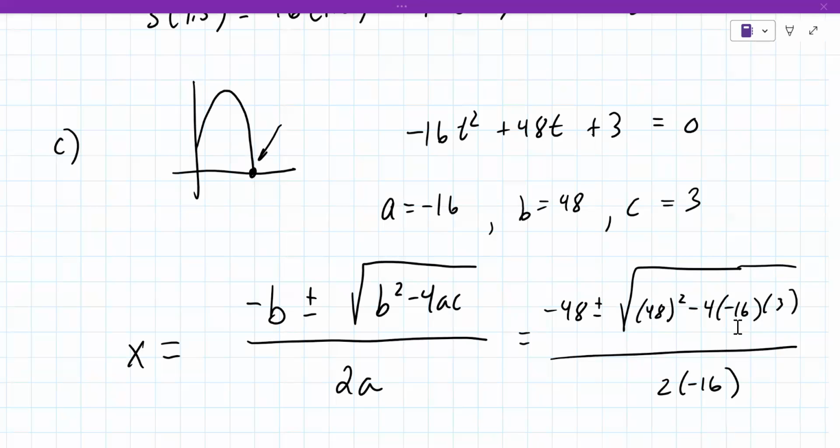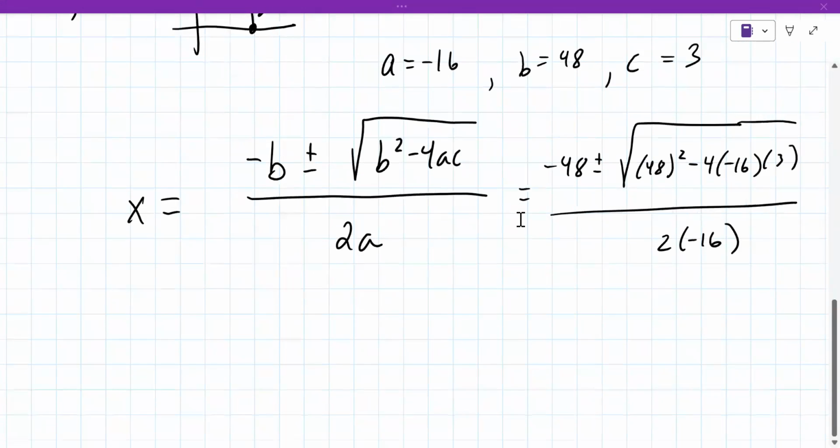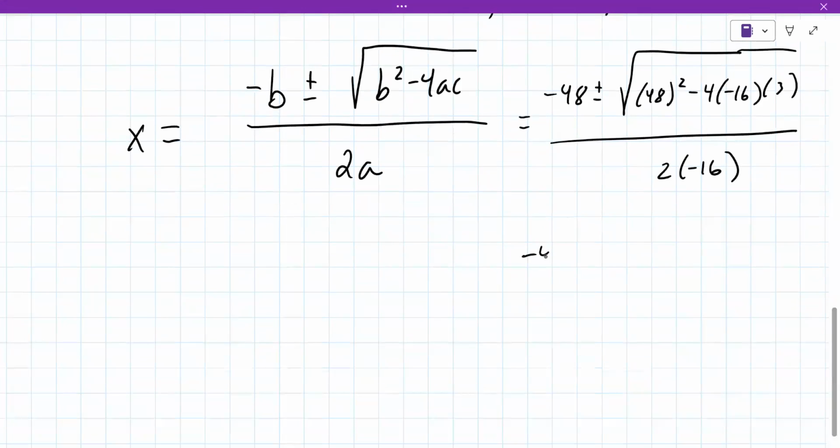Oh, yeah, I get that. Not the whole thing. We can do the whole thing, but not yet. Okay. 2,496. Yeah. So it's negative 48 plus or minus the square root of 2,496